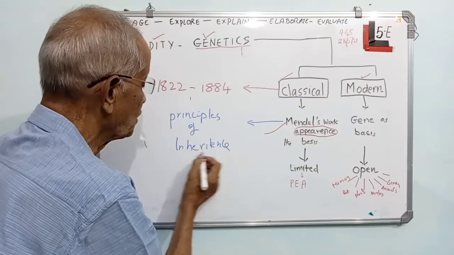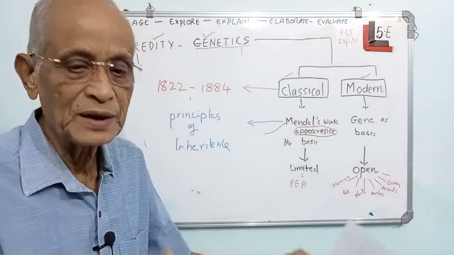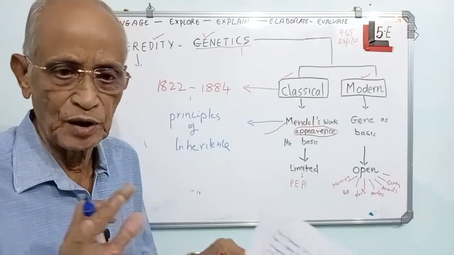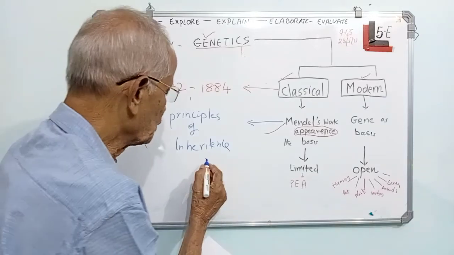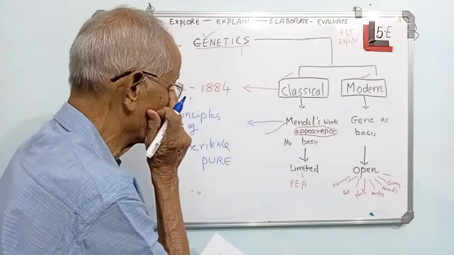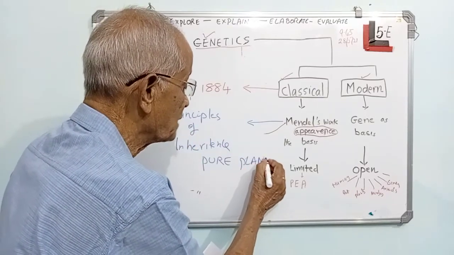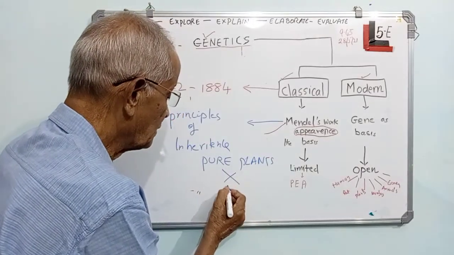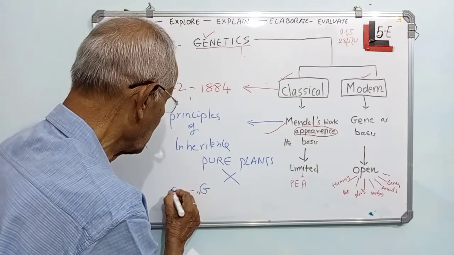So this was possible for him because he was a mathematician. He systematically made a model of his own study and he followed that. That model included taking the pure plants. I will tell you what is the meaning of the pure plants. He was taking pure plants, then he was crossing them. Then he used to get the generation called the offsprings,